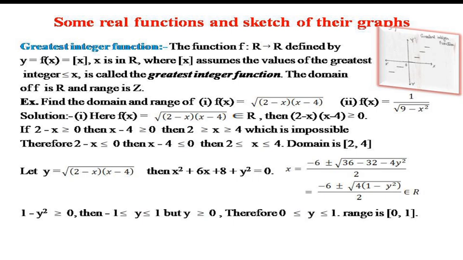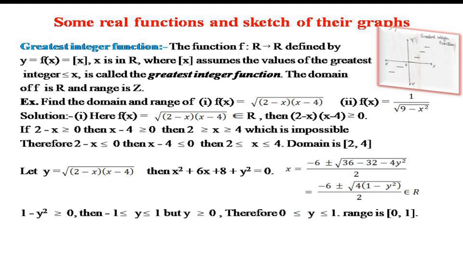Now you see here, if x is an integer, then the value of f(x) is nothing but your x. If x is not an integer, then the value of f(x) will be the greatest integer less than x. Now if I find the value of f(2), since 2 is an integer, f(2) is nothing but your 2. f(4), since 4 is an integer, is nothing but your 4. f(1), since 1 is an integer, is nothing but your 1. f(-2), since -2 is an integer, is nothing but your -2.